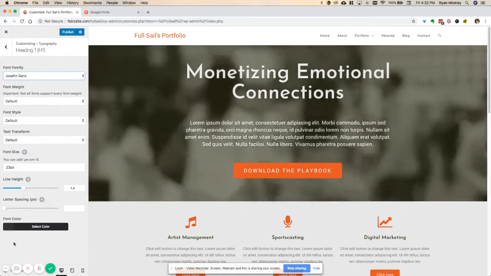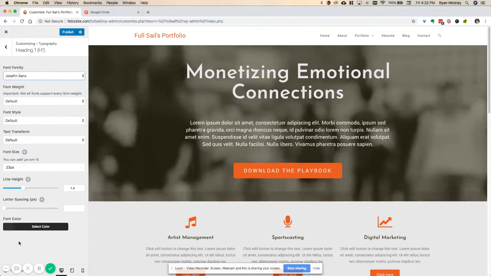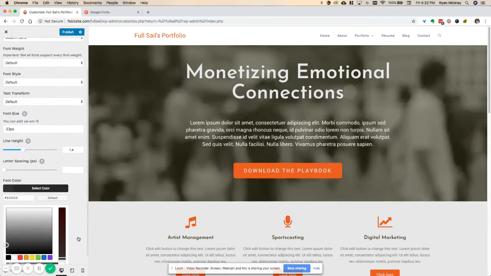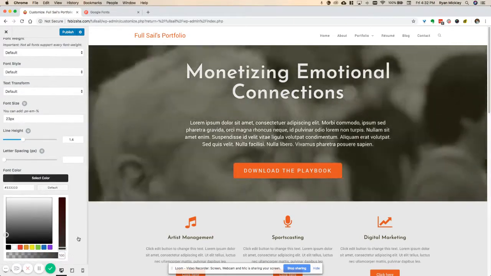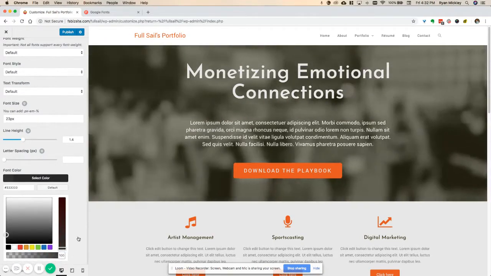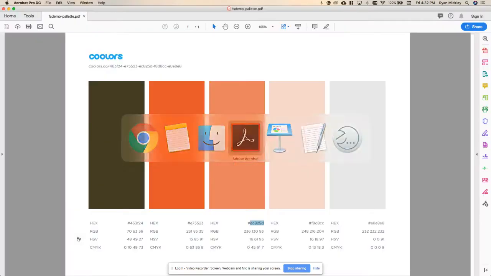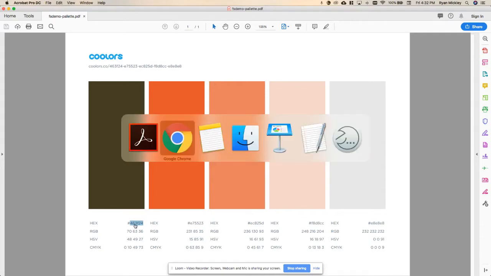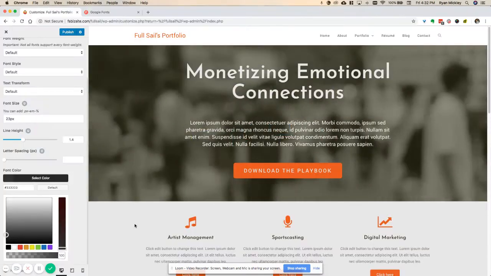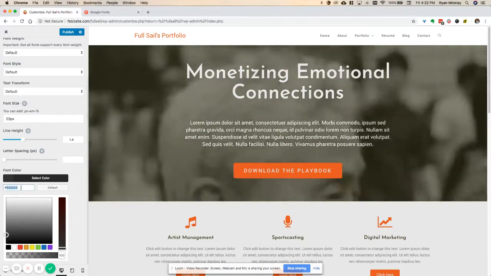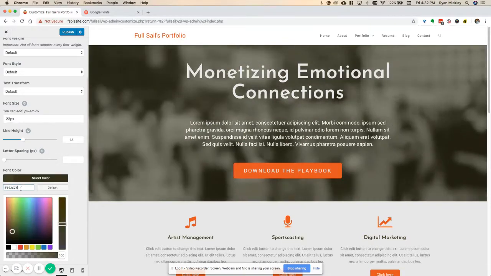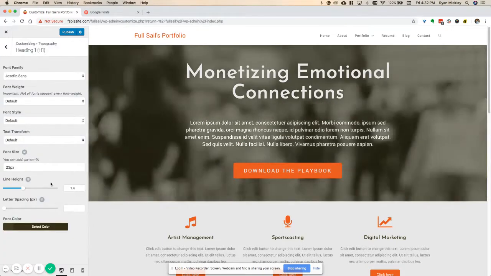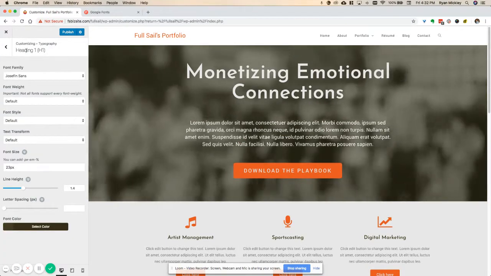The other thing that I want to begin doing is changing the font color by selecting the color option and then using our primary color that we chose for our text. So jump to your color palette and select the primary color that you wanted for your headings. Go back to your site and paste that hex code in the hex field. And now you can see that the font color has been pasted. Now that we've made that change, we will go back